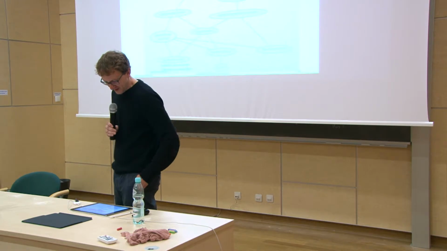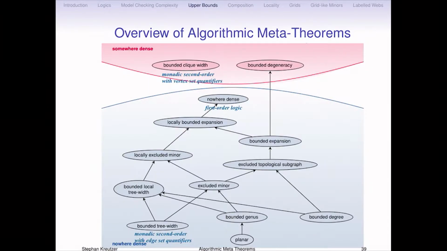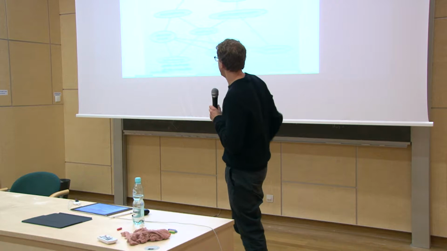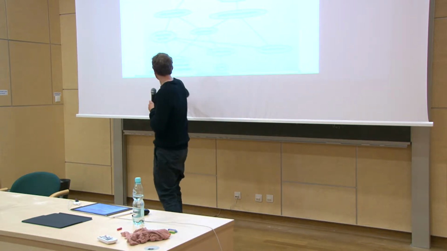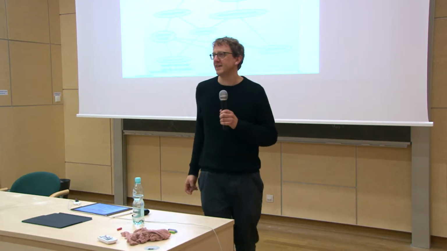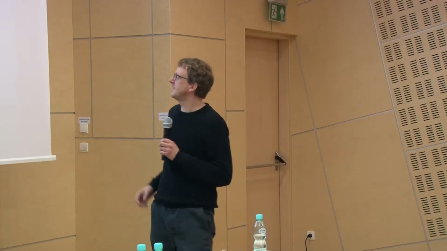So this is the class of graphs I'm studying for the moment. You see there's a little blue and a red line. And below it is what will eventually turn into something that's called nowhere dense. And these are sparse classes of graphs. Yeah? And I've used this term a few times without defining what I mean by it.